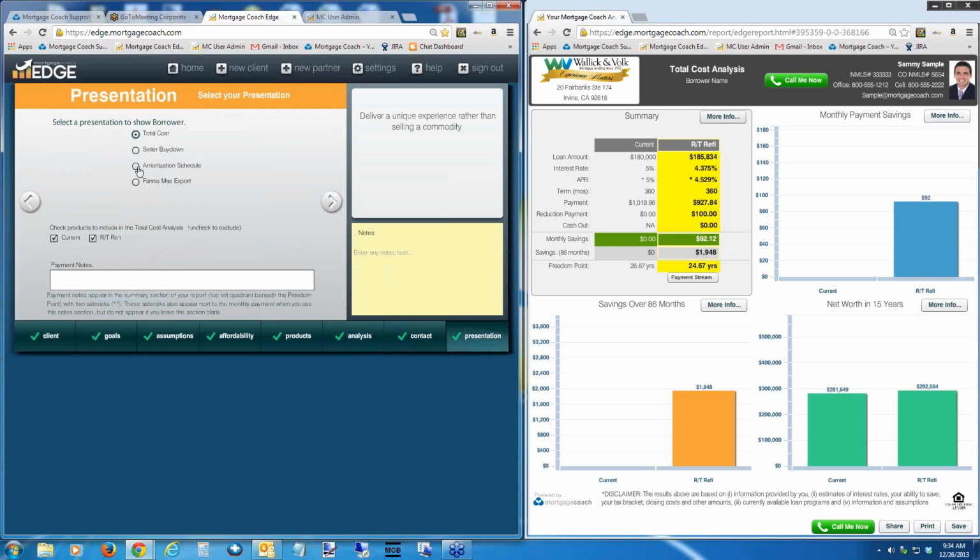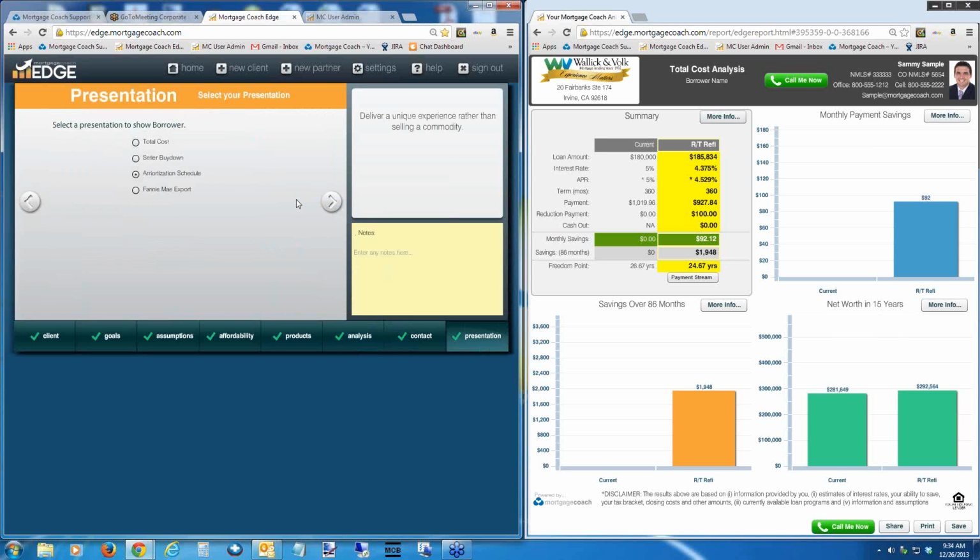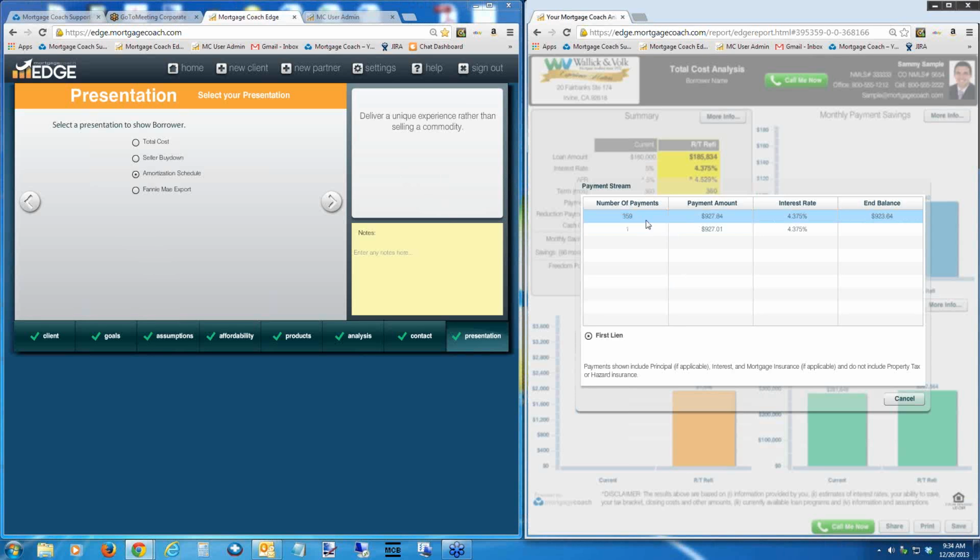So I can also give you one other piece of artillery there, Eric. One thing you can do, and you can't pop it out for them just yet, we will be adding the functionality to pop out the payment stream for them. Right now, you can have them click on the payment stream. And they can actually see the number of payments at X amount. They can see what the ending balances are on each one going forward. So this will give them a good idea of what the payment stream would be